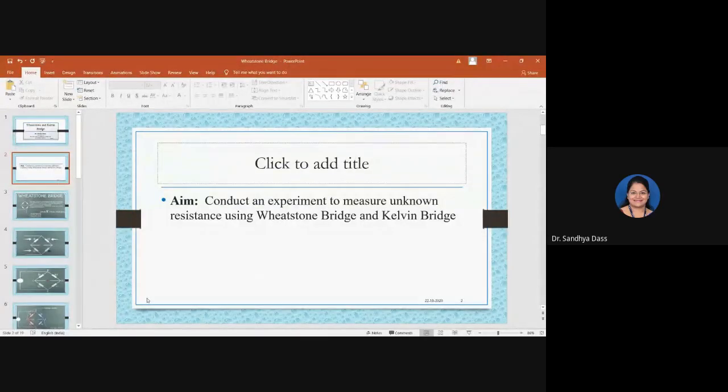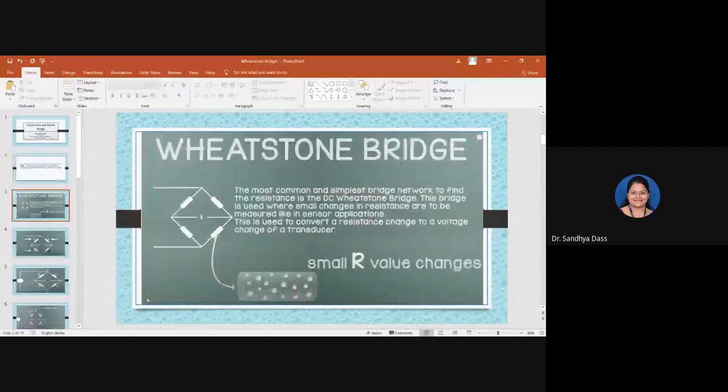When we say bridge, I hope you are aware that it's a circuit, a combination of resistors. The typical Wheatstone Bridge layout would be something like this, where it has 4 arms. In each arm, you will connect resistors, say a series of resistors connected in this network form, all right? And in one of the arms, you will have an unknown resistance, okay?